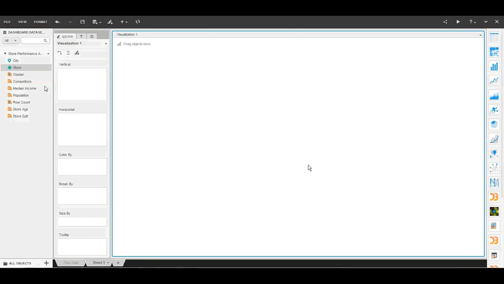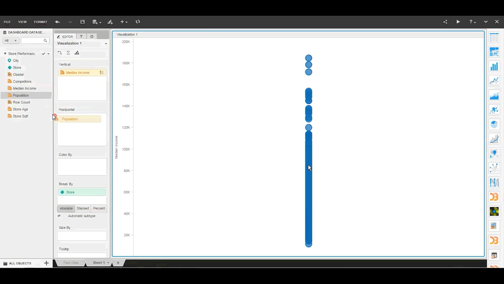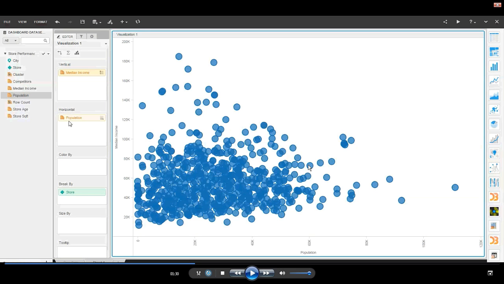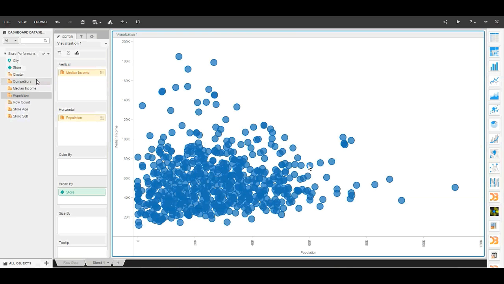Let's break down the stores by median income in the vertical and population in the horizontal. Okay, so that shows the distribution of our stores, but now we can colour that based on the cluster that we've just found